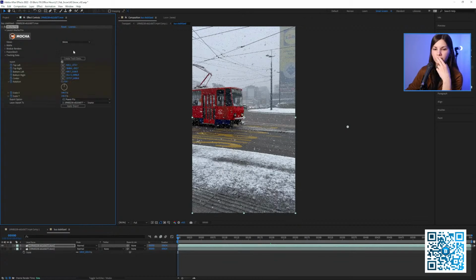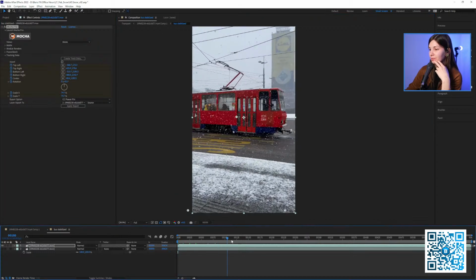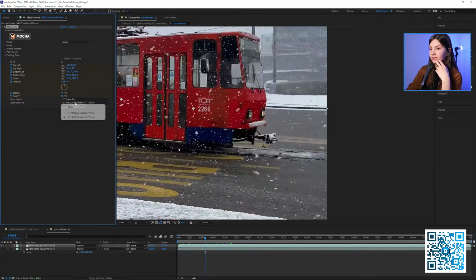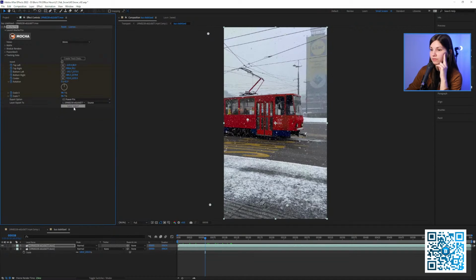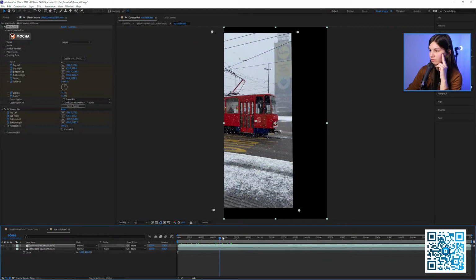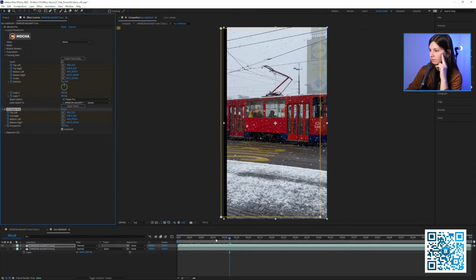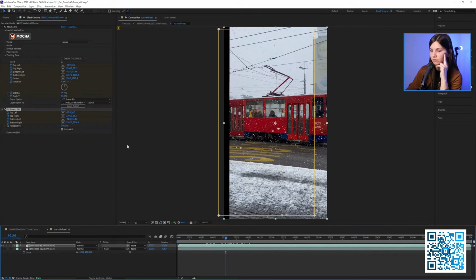Okay, my last try. Okay, create track. I would try to turn off the invert. Maybe this is the problem. Create, select the corresponding layer. Well, yeah, looks like this one